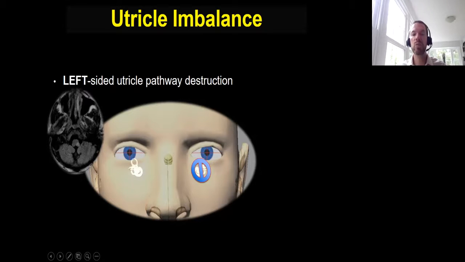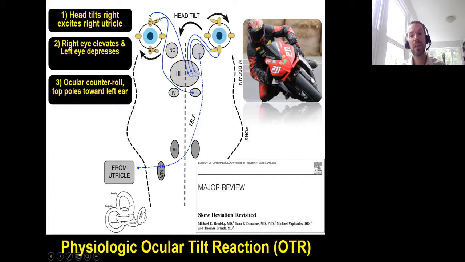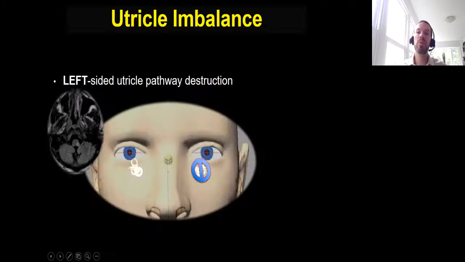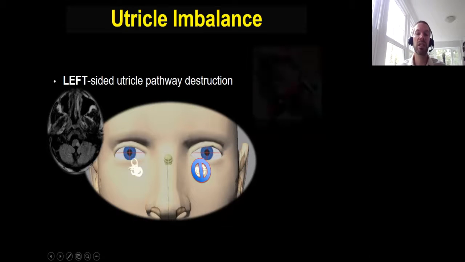In this case, there's relative hypoactivity of the left utricle and relative hyperactivity of the right utricle. So the brain senses that because this is relatively hyperactive relative to the left side, the brain could be tilting to the right side, like this guy who's going around a curve on the motorcycle. So if the brain thinks that you're tilting your head to the right, even though you're not, in an effort to compensate for that,